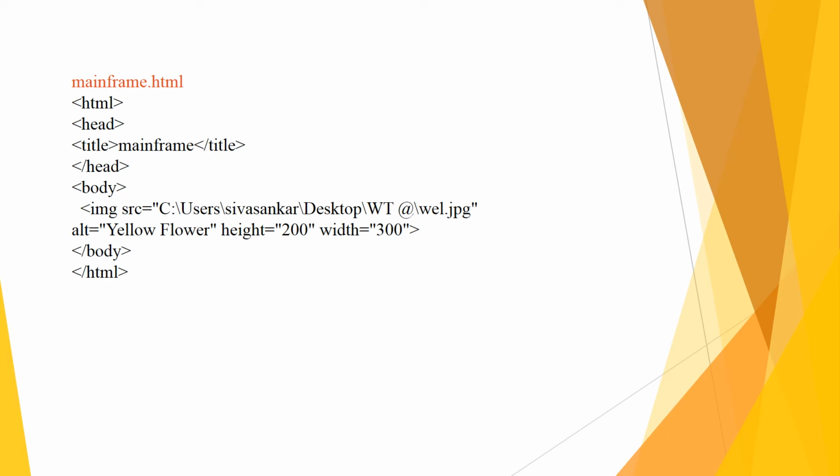And if for any reason this image is not loaded, then we will display this alternative text. The height of the image is 200 and the width is 300. In this mainframe document, I want to display some image.